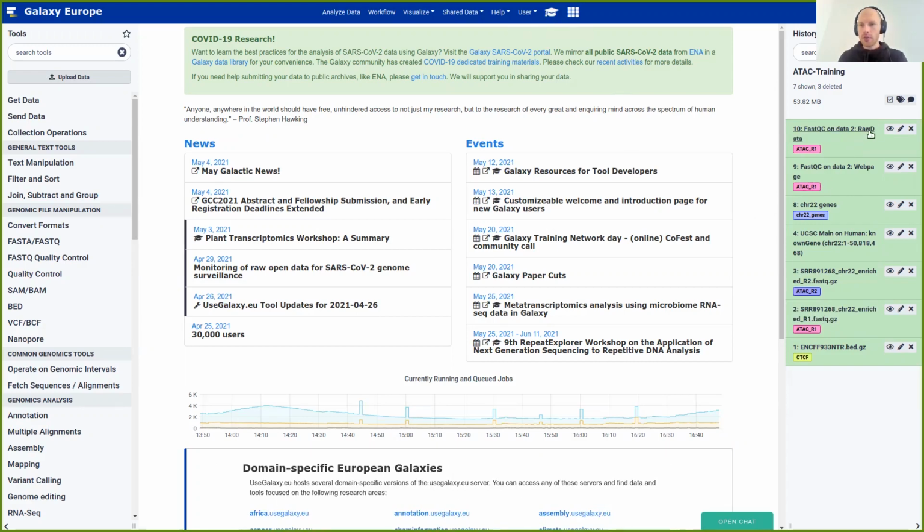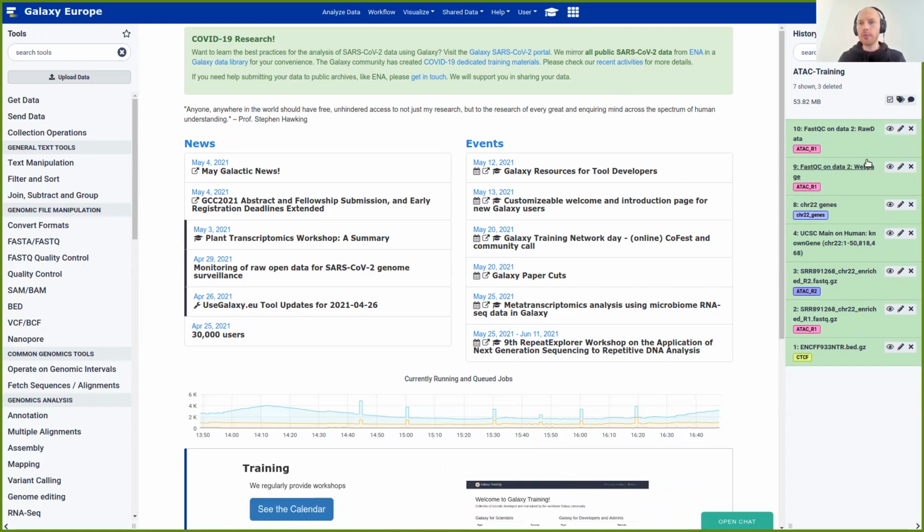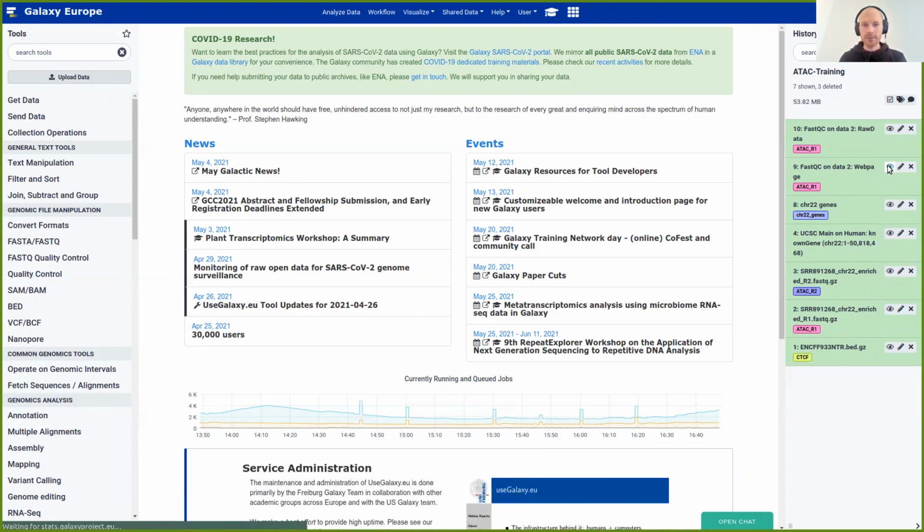You know maybe from the Galaxy quality control training that Fastqc produces two outputs here. One is the raw data, where basically it holds the raw data. And then you have the web page, so the report with the visualizations. And if you click here on the view data icon,